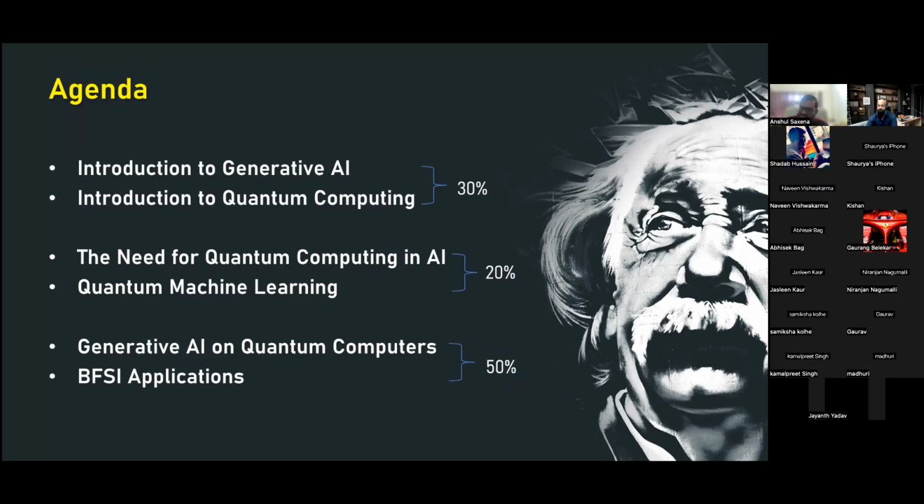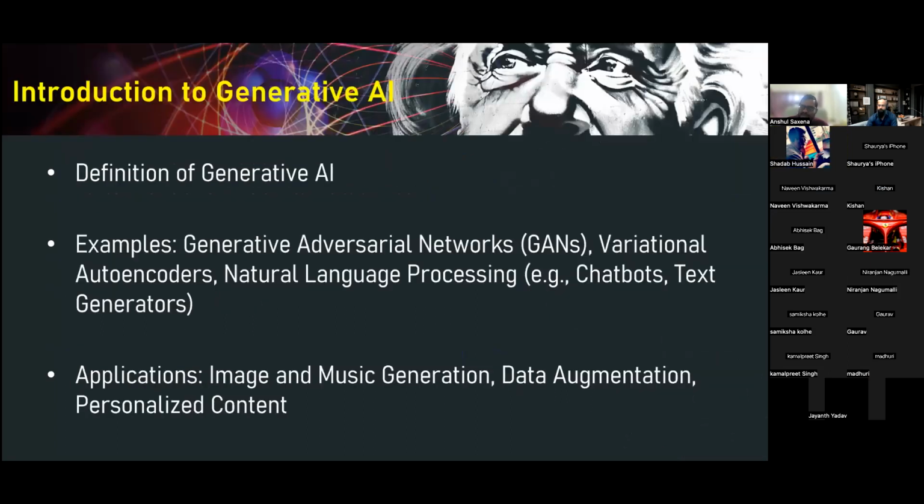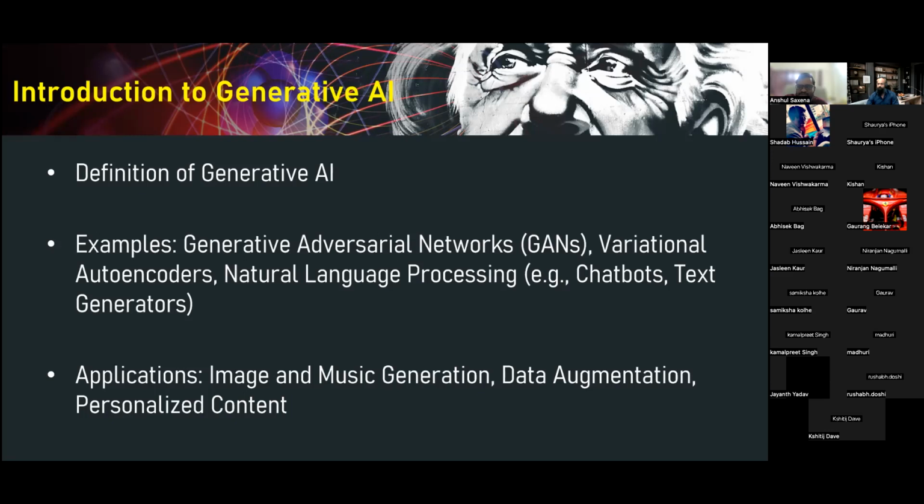Now, when we look at it, generative AI per se has gained a lot of attention today. Now, when we try to actually define the generative AI component of the digital twin, we are actually looking at how we can produce realistic data. So, the data can be anything. It can be time series data, or it can be